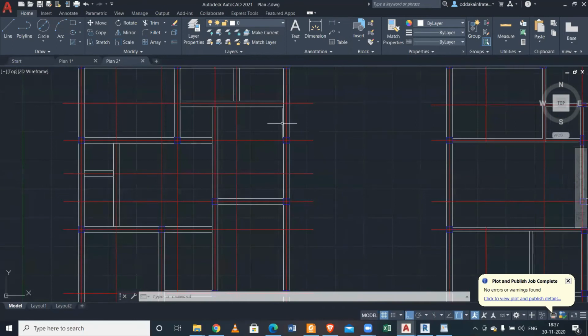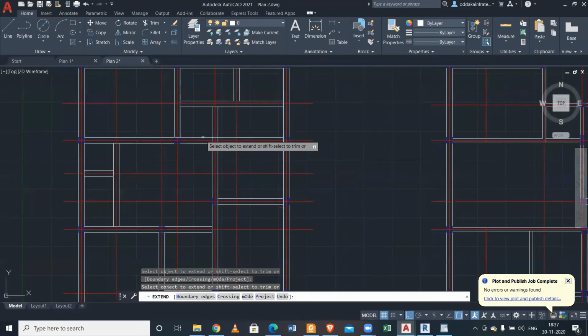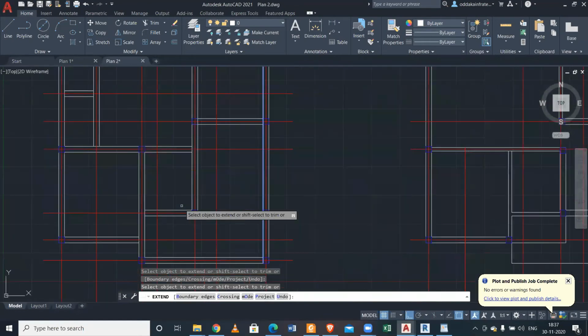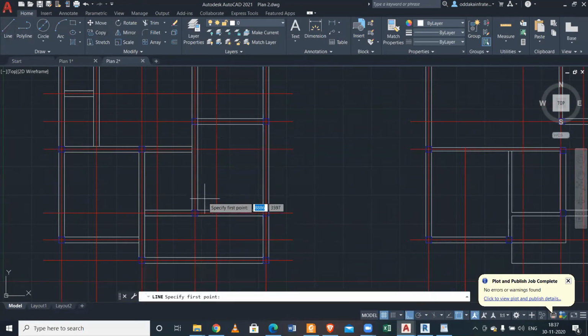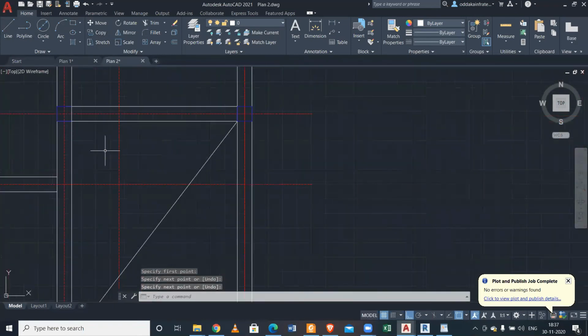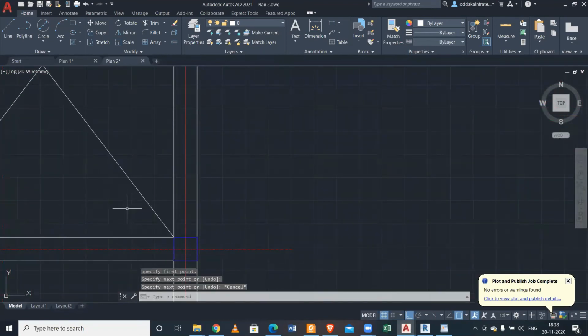In the AutoCAD itself, concealed beam, you're telling, or full beam? Full beam will be better to take the loads. And another one in the first floor will be this one as well, because this is the staircase portion. Here we have to provide beams. We can denote it by a cut, to avoid putting any slabs over it, so we can put a cut here.